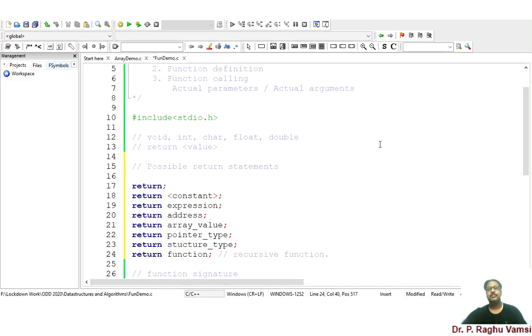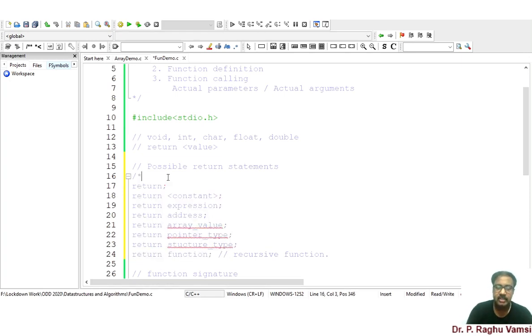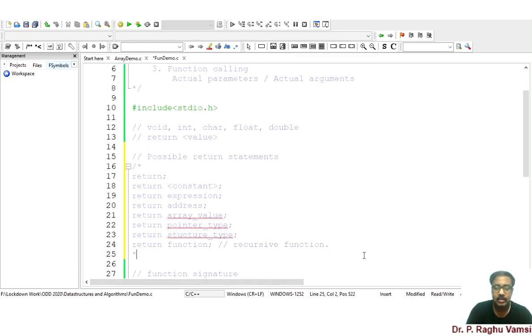In the case of recursive functions, we call the same function again and again, until an exit condition is reached. Like this, we can use any kind of structure with return. These are the possible return statements that you can use in different ways, like returning some fixed number or fixed value, or whatever you require to implement according to the problem situation.